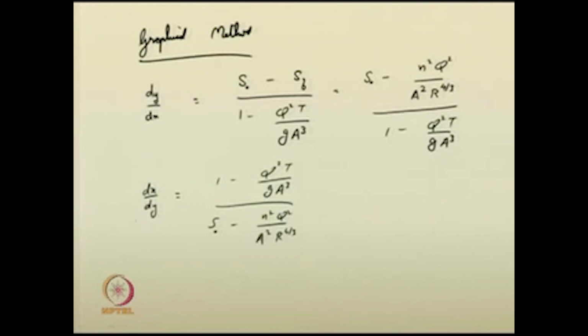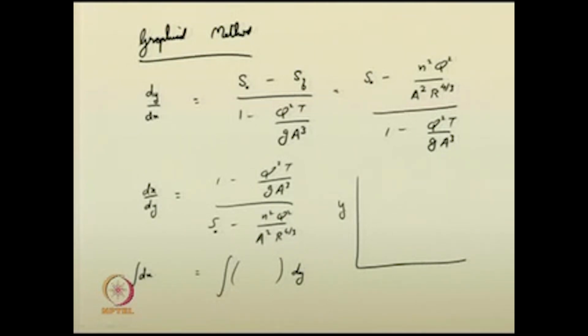On integrating them, on the left hand side you integrate with dx, and this term you integrate with respect to dy, and you are going to solve x with respect to y. Like this you are able to get the term. This can be done in a manual form or in a graphical form also. One can easily plot y versus dx/dy, and for the corresponding plot, you just compute the area manually, and that area will give you the